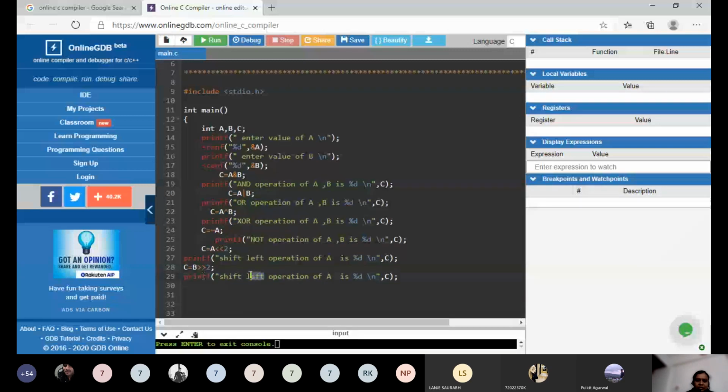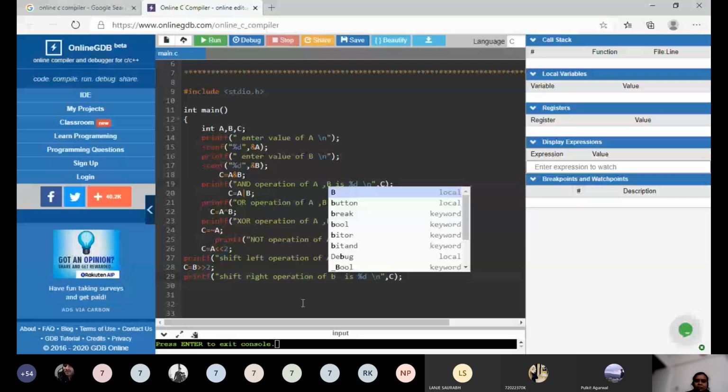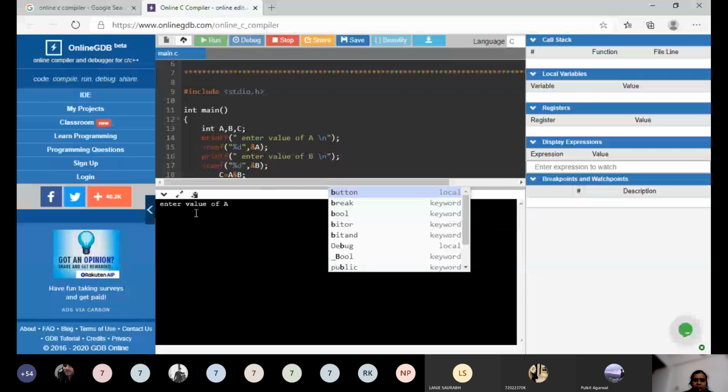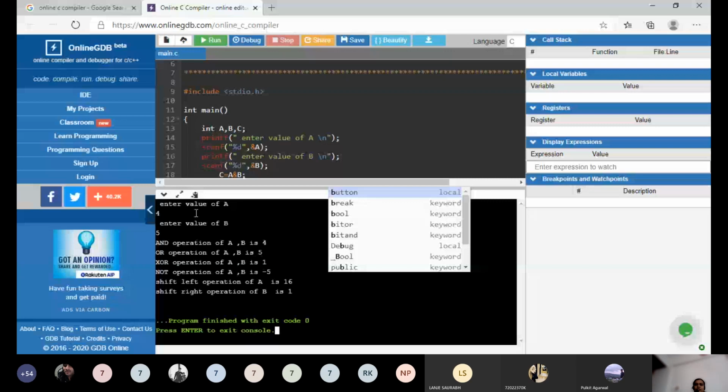So shift left की जगह पे I will write here shift right of B by 2 bits. Okay, so shift left will give answer 16, shift right will give answer 1.